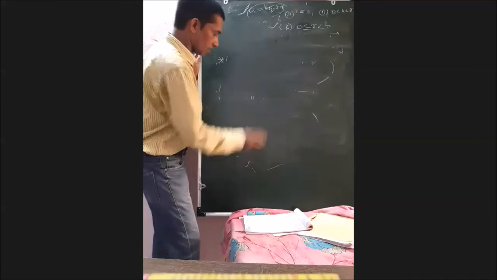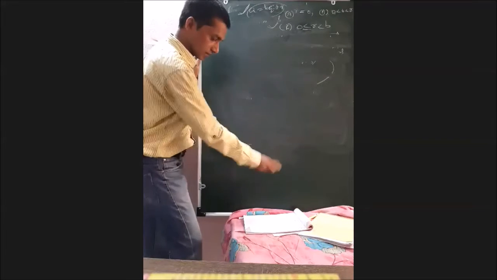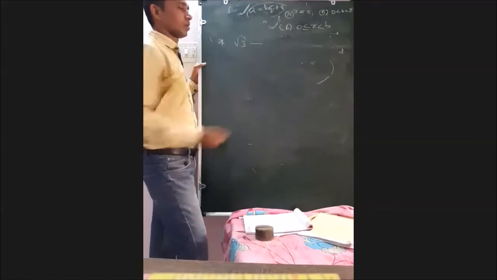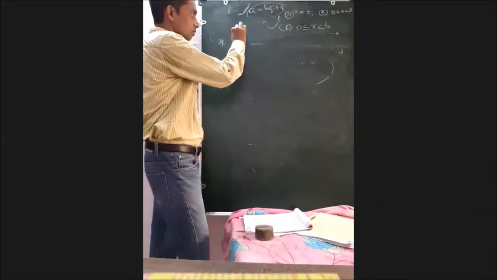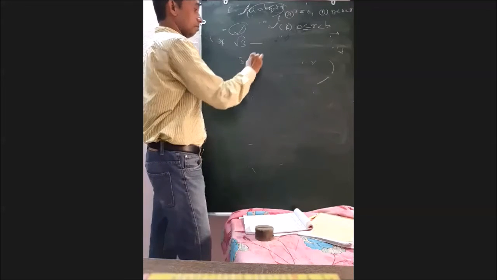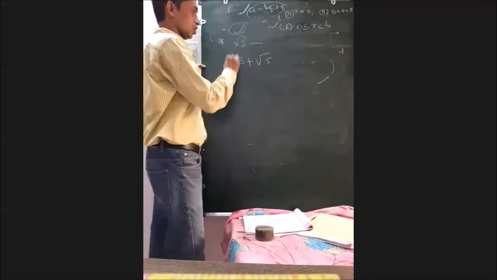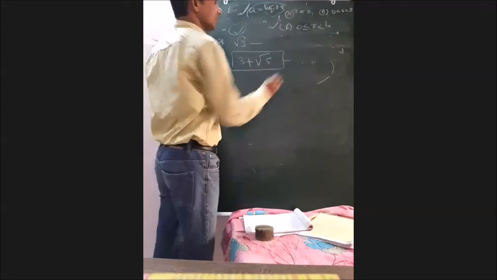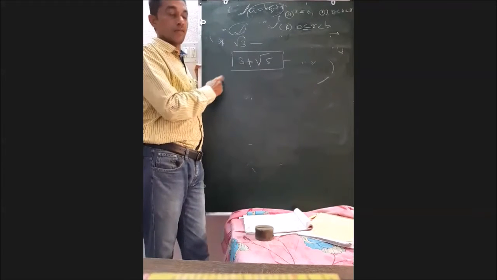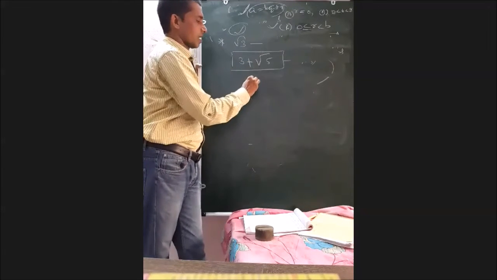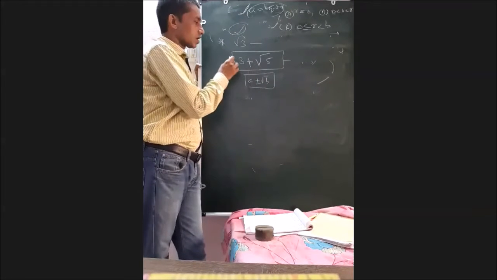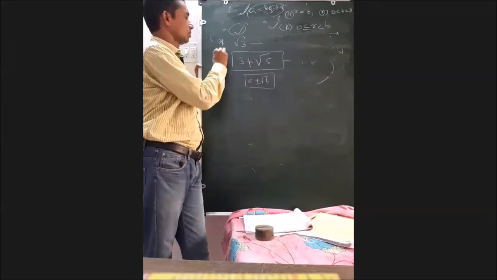One more very important question: if root 3 is an irrational number, prove that. You almost don't get this kind of question, but you may get 3 plus root 5. Show that 3 plus root 5 is an irrational number. For this, the general form I have told you is a plus or minus root b. So what you do, this may be a 2-mark question.